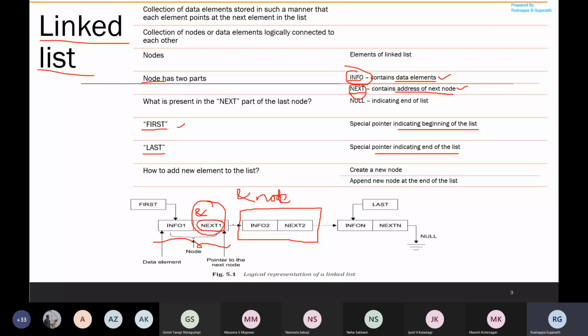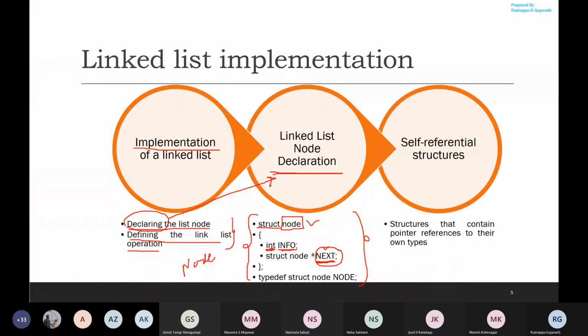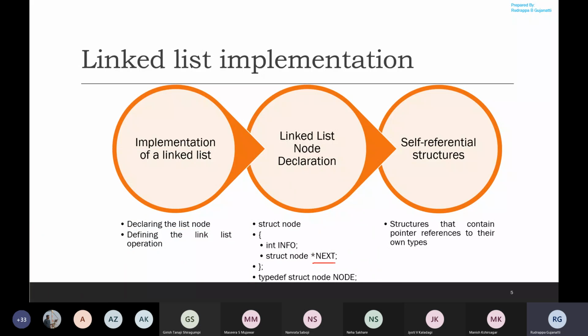Address of the node. So in order to declare this, what we do is we declare it as a pointer. So star next, we declare it as a pointer, which is star next, but it should be of what type?